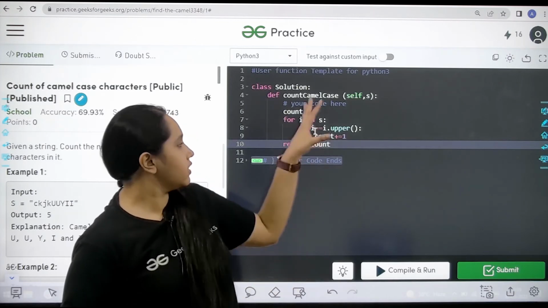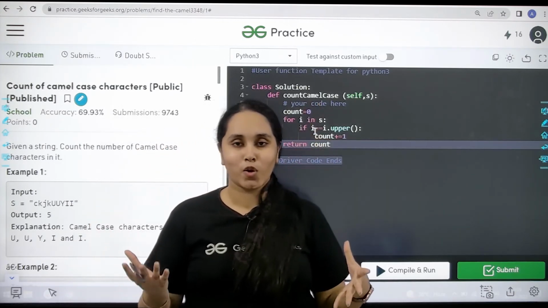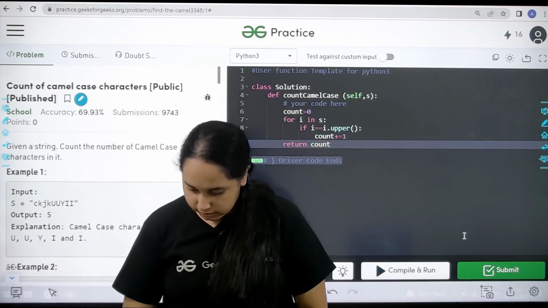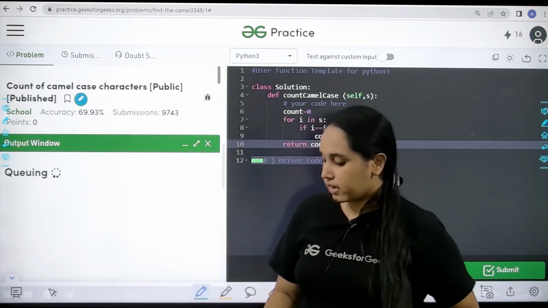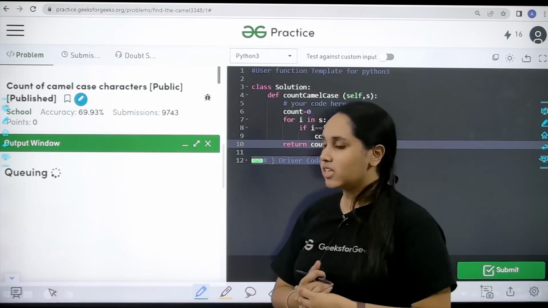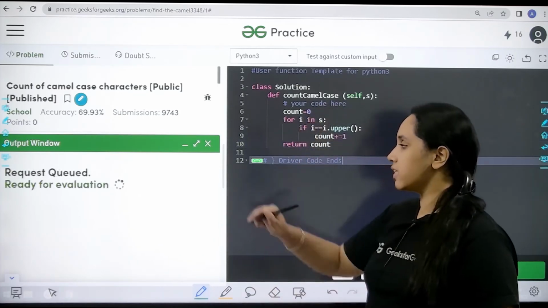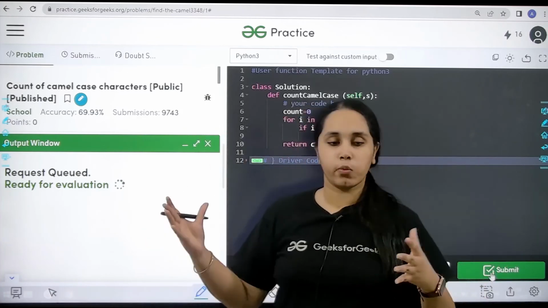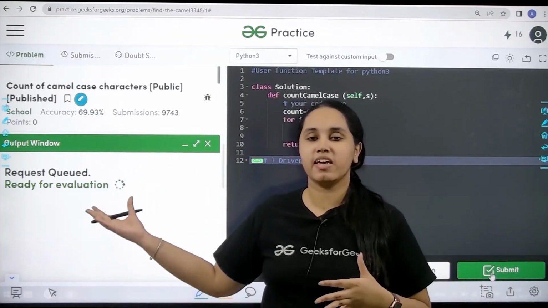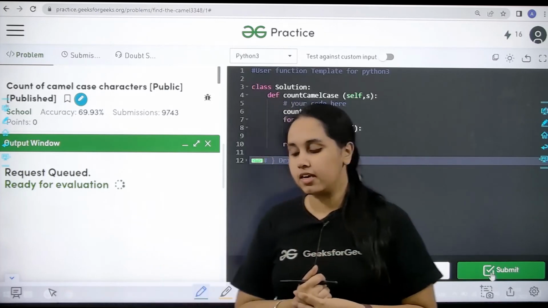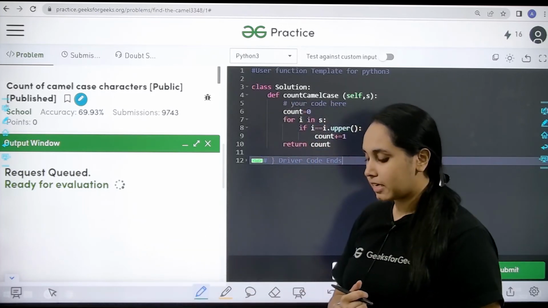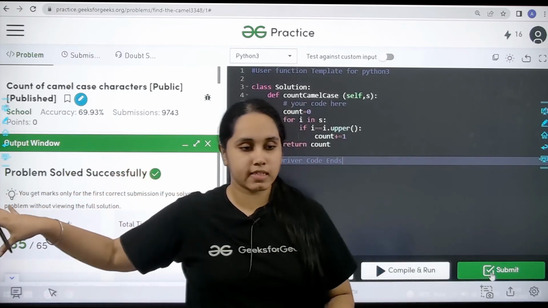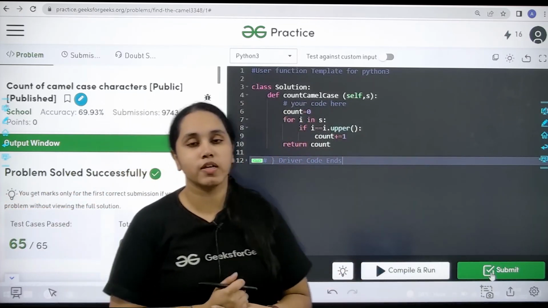So this is how you do the code, but we are not sure if it is correct or not. So first we would click on compile and run. So let's wait. It is getting compiled. Actually, I have clicked on submit directly. So if my answer is correct, my question would be properly submitted. So let's wait to see if it is correct or not. Okay, so see, the problem is solved successfully and this is how you solve the question